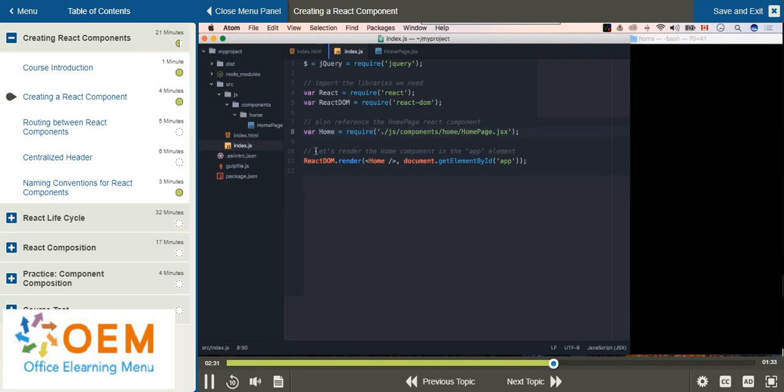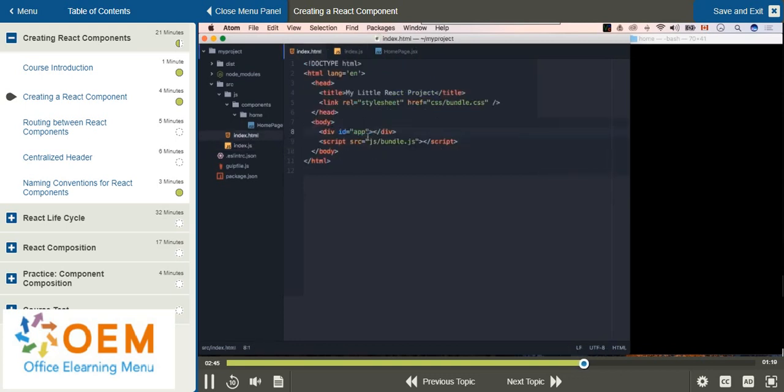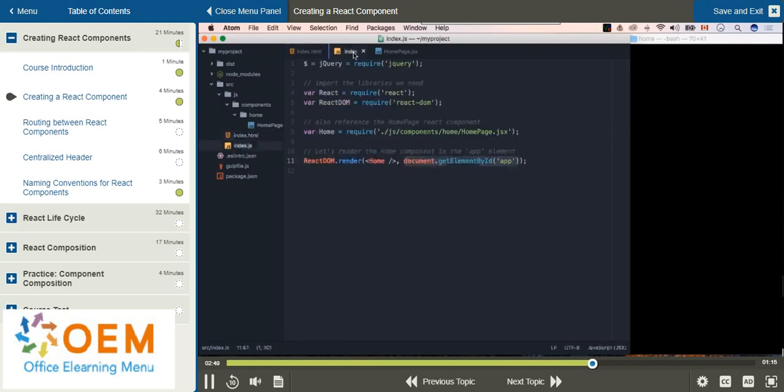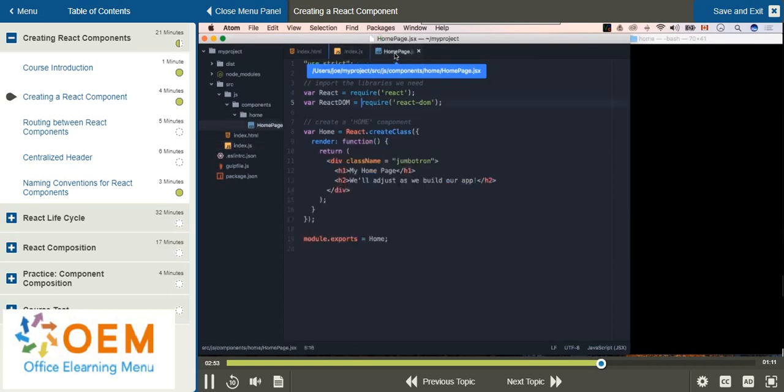Now, here's how we render it. We call React DOM.render, and here's the component we're going to render. And here is where we are going to render it in the app div. And we remember that's over here, okay, in our index.html file. All right, so now our home page. So here's our JSX file. And we start with use strict, and we